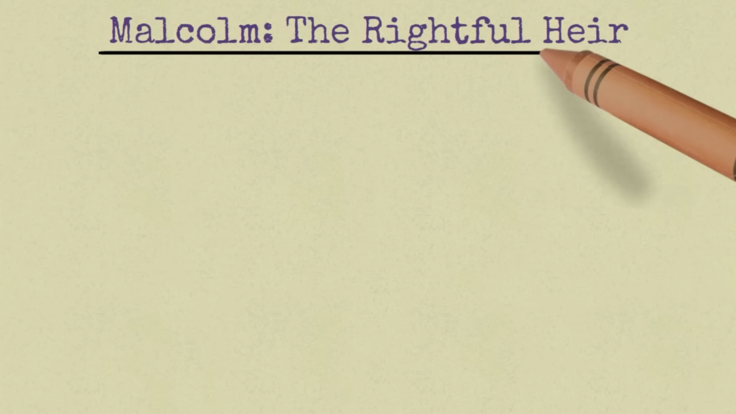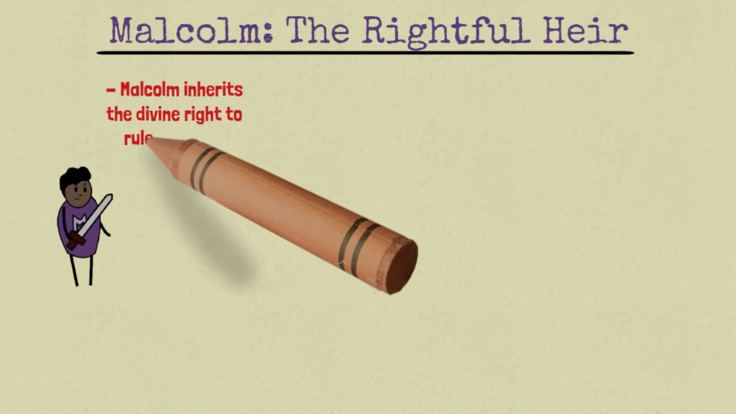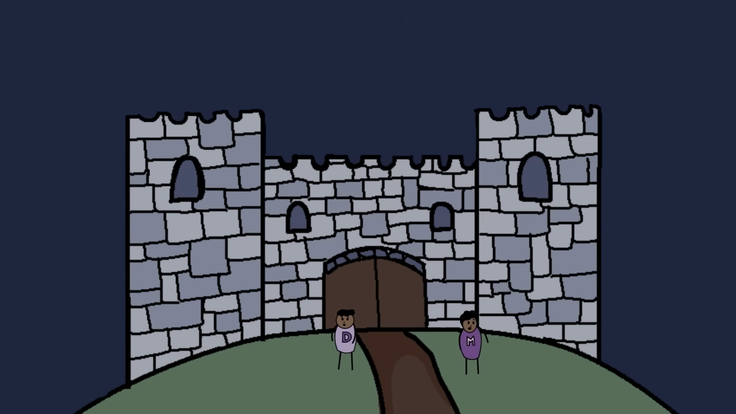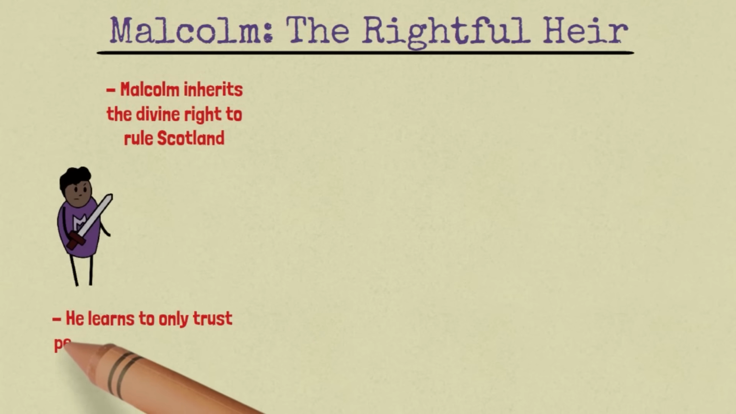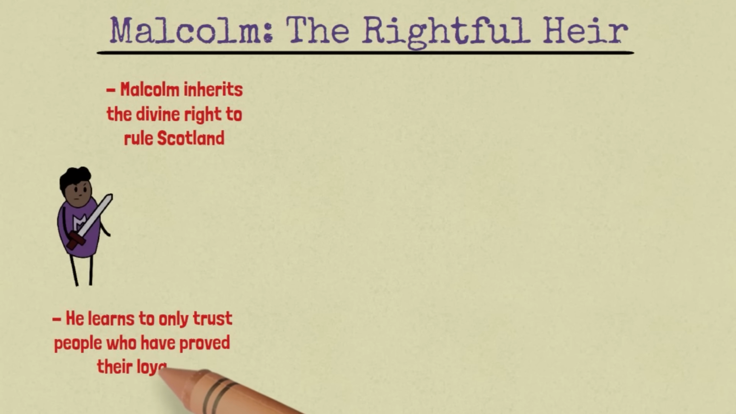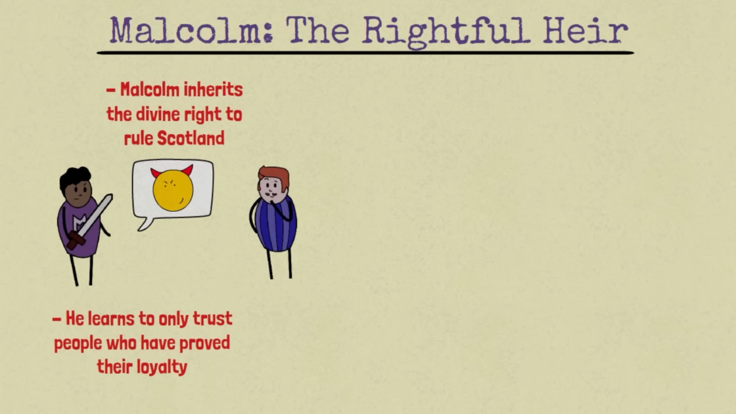As King Duncan's son, Malcolm inherits the divine right to rule, but this does not mean he will automatically be a good king. He flees to England right after his father is murdered, not out of cowardice, but because he shrewdly realizes that he is next on the hit list. And from that experience, he quickly learns to only trust people who have proved their loyalty. Even Macduff gets put through a test at first, with Malcolm pretending that he is unfit to rule in order